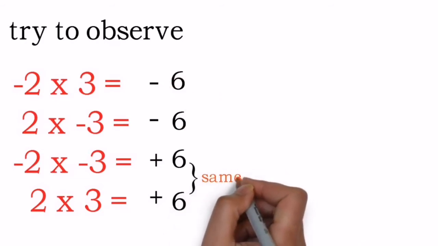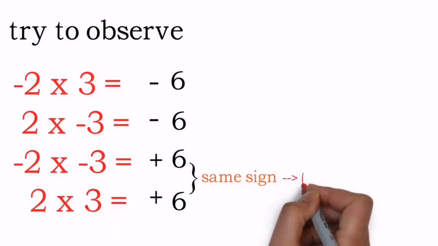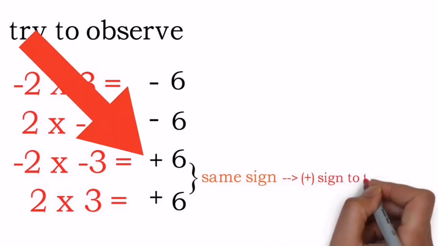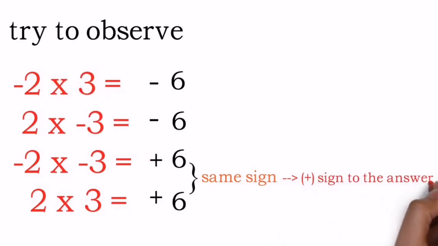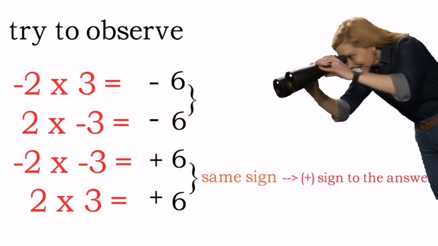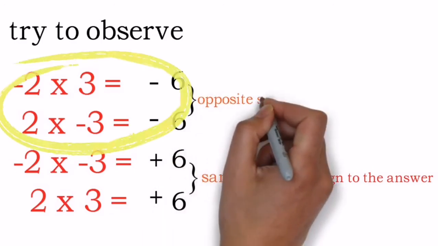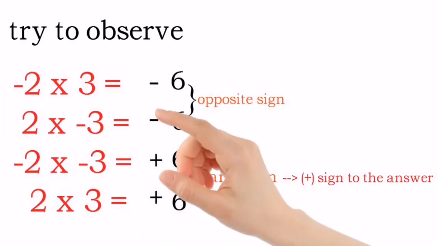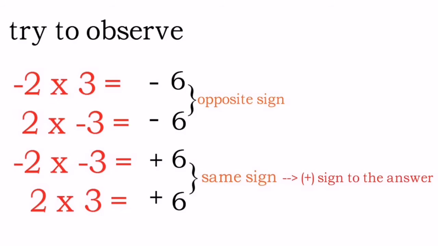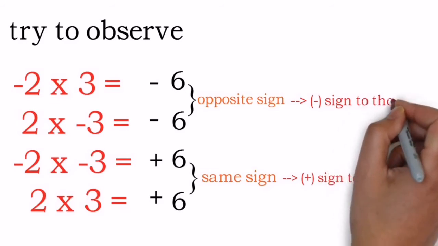Now let's try to make the rule. If we have the same sign in the question, then we have to compulsorily give a positive sign to the answer. Can you observe it? Yes, of course. Is it easier or not? Now see the first two questions. In those two questions, 2 and 3 are given opposite signs of each other, correct or not? Yes, and so each time we gave a negative sign to the answer, and that's our second rule. If we have opposite signs, then we have to give a negative sign to the answer, and as a first step we have to do the operation as it is.